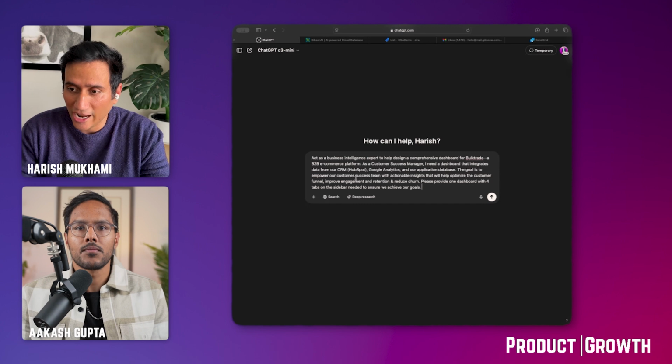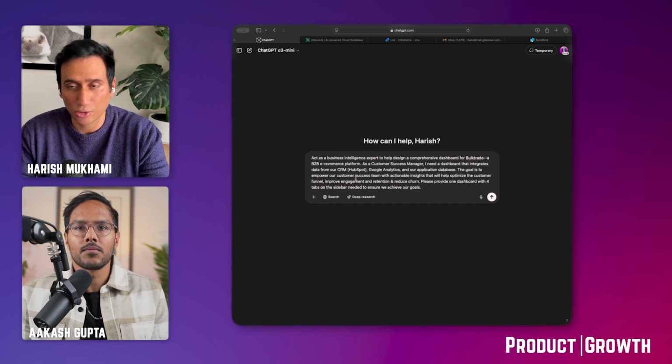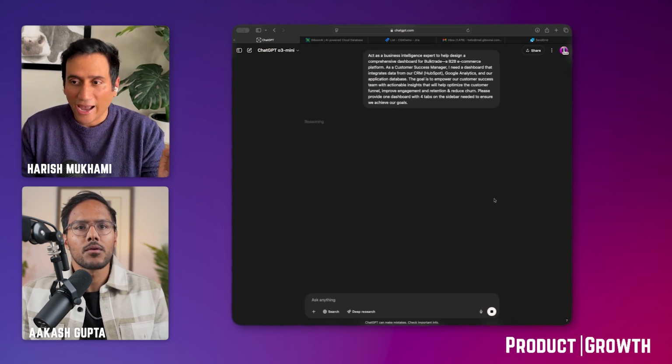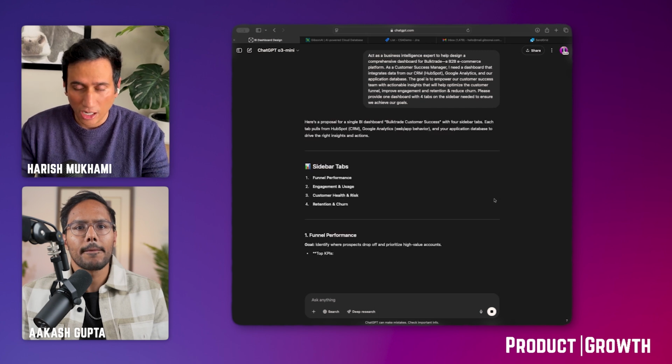Please provide a dashboard with 4 tabs, sidebar needed to ensure that we achieve our goals. I'm spelling this out because this is the one that kicks off everything in motion. Okay. So I'm going to ask this and wait, using it in